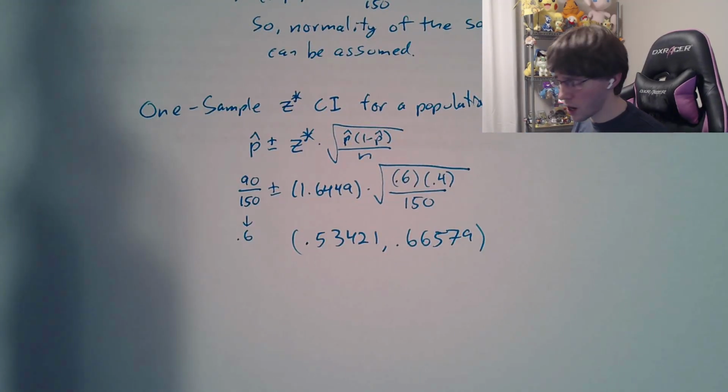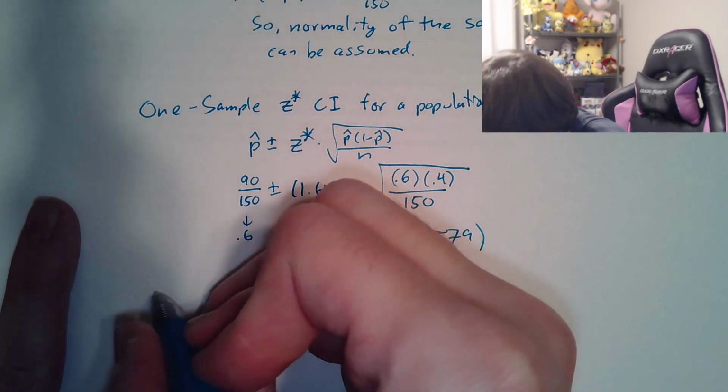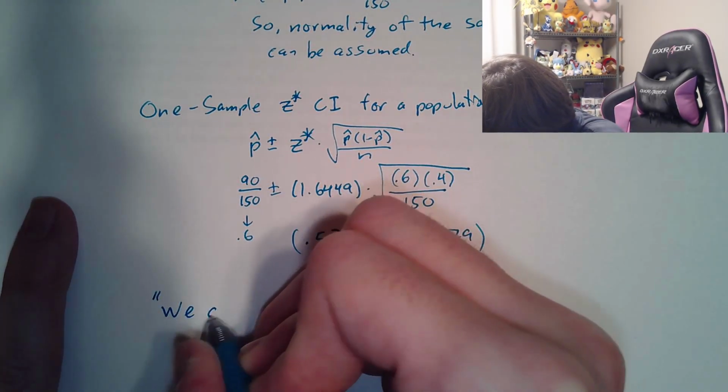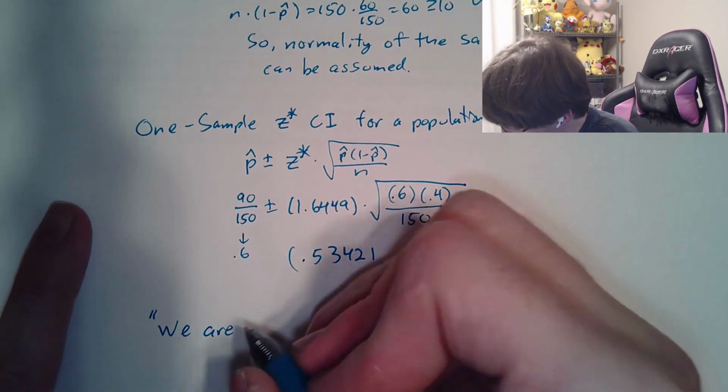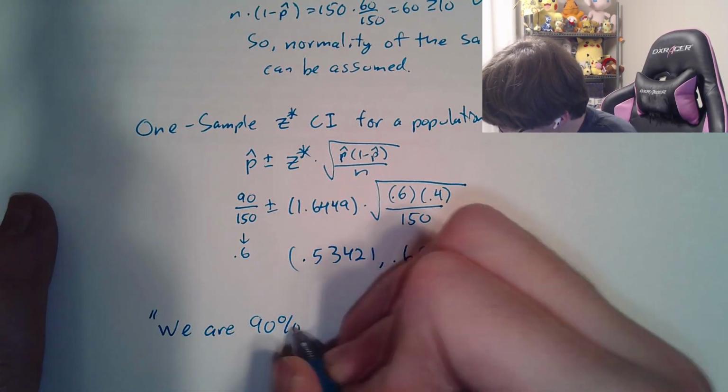Let's continue on. We've constructed it. Now we have to interpret. The interpreting part is going to be the same for every single problem. We need to make sure that we've memorized the sentence structure. What we're going to say is, we are 90% confident